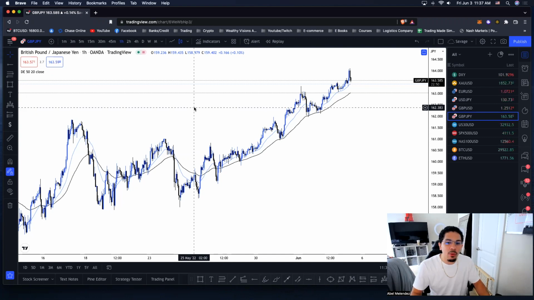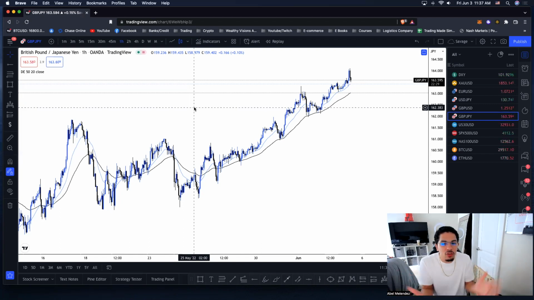The first thing that we want to do, guys, no matter what type of trader you are, no matter what time frame you're looking at, the first thing that you always want to do when you start to analyze the market is to figure out the overall trend of the market, right? What is the flow of this current market? Because our job as traders is to look for the path of least resistance, okay?